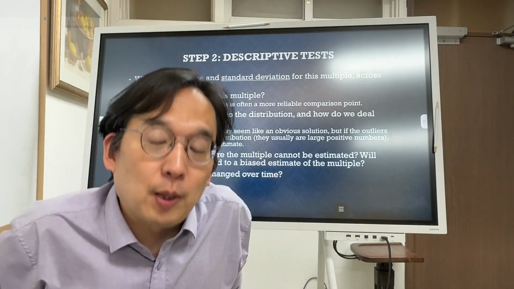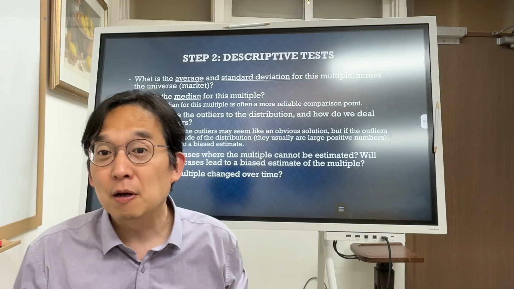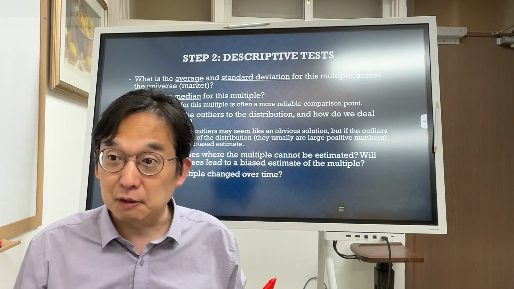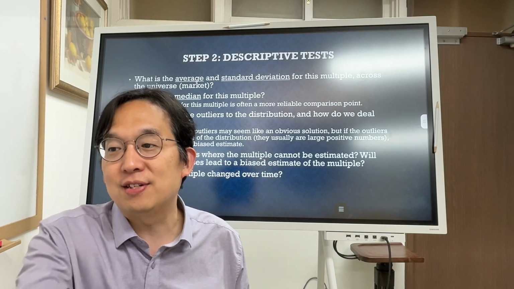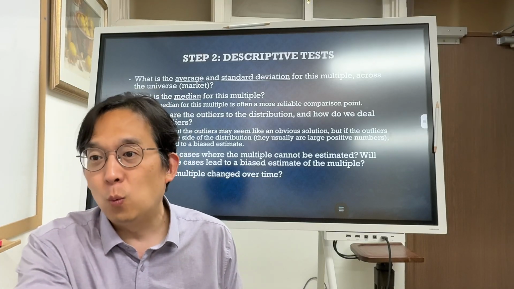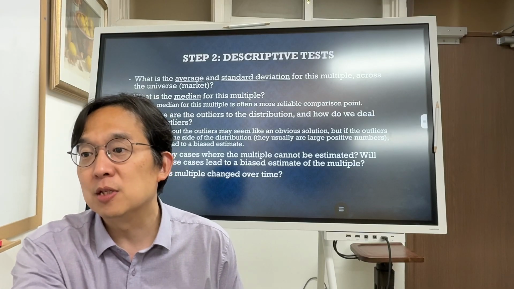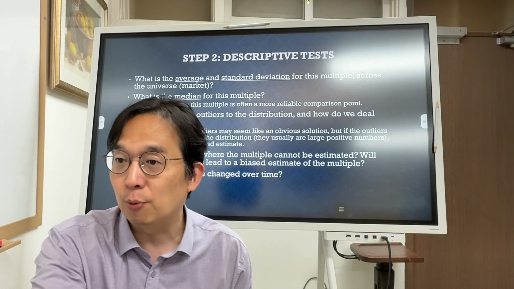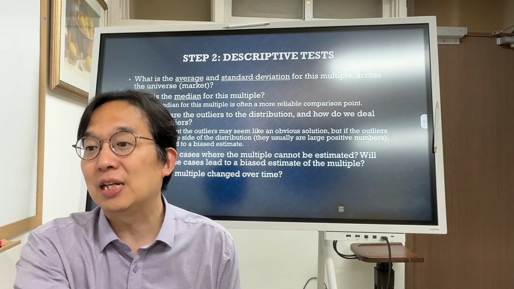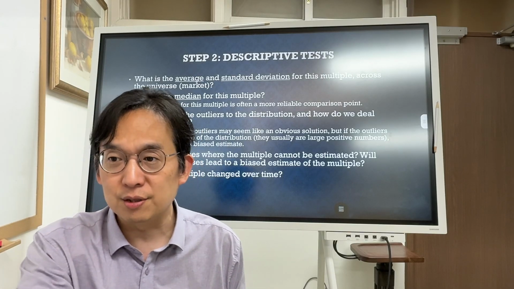Once you define the multiple, the next step is describing it and looking at the distribution statistically. What is the average and standard deviation for this multiple across the universe in the market? What is the median for this multiple? The median for this multiple is often a more reliable comparison point. And how large are the outliers to the distribution, and how do we deal with the outliers is a very